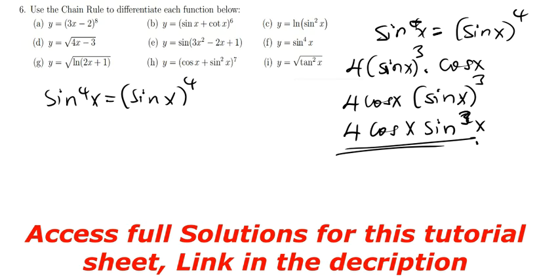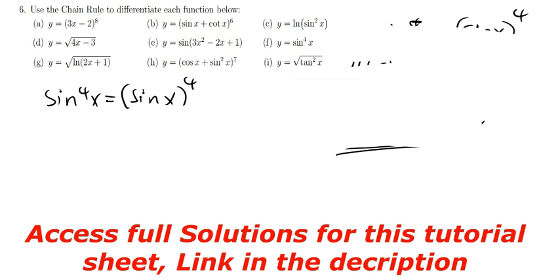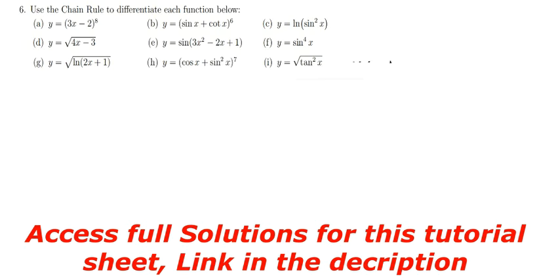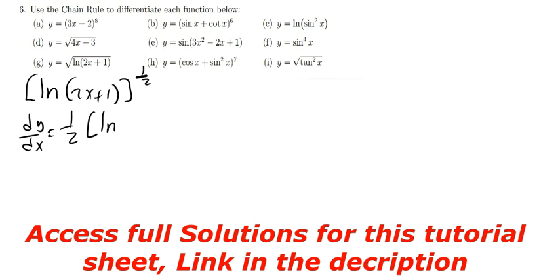Okay, then I'll go to part G. Part G is the same. I'll remove the square root, meaning it's raised to the power half. The property of logs, when you are differentiating this dy over dx, you drop the power, you keep this constant, then the power reduces by 1: one over 2 minus 1 is negative half, times the derivative of what is